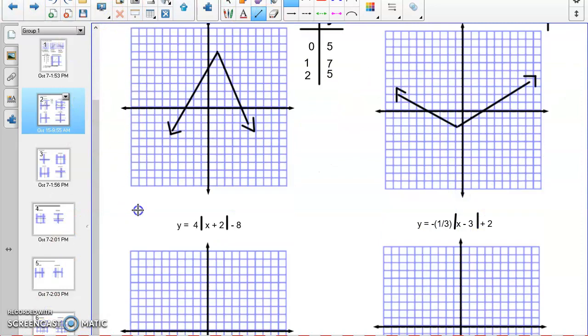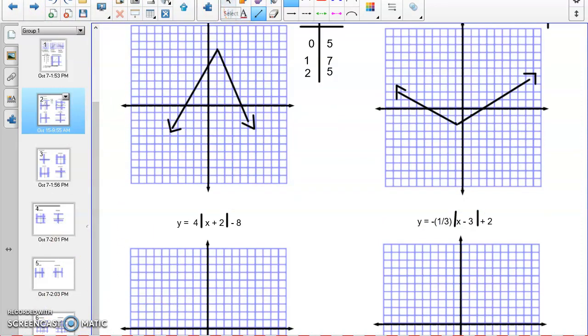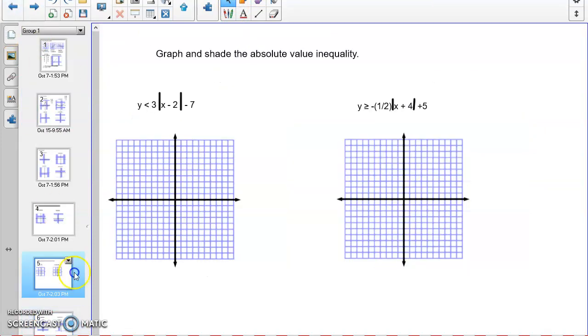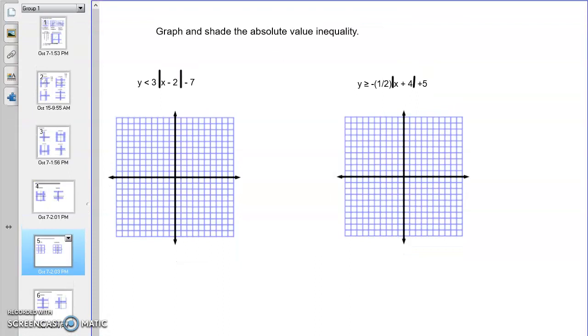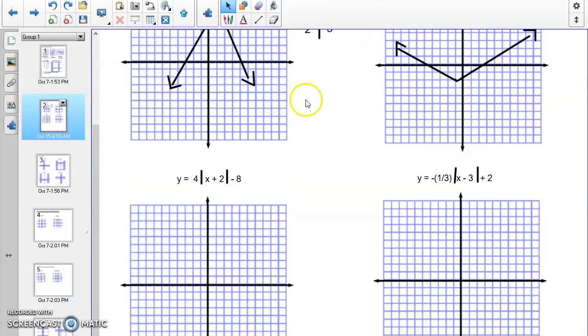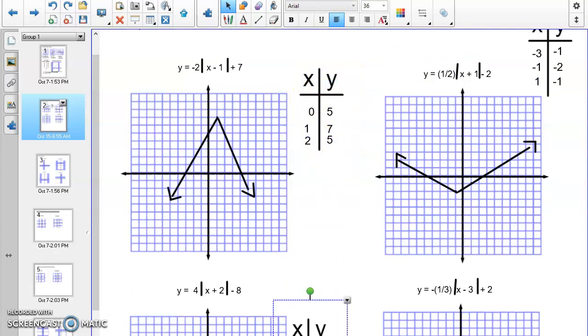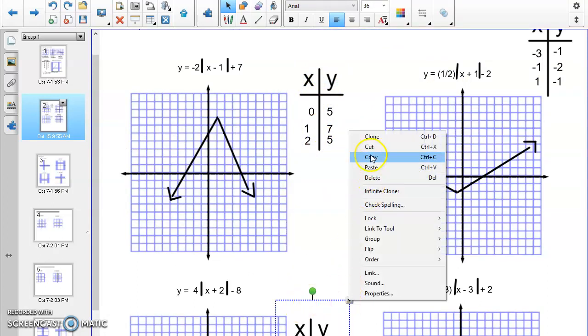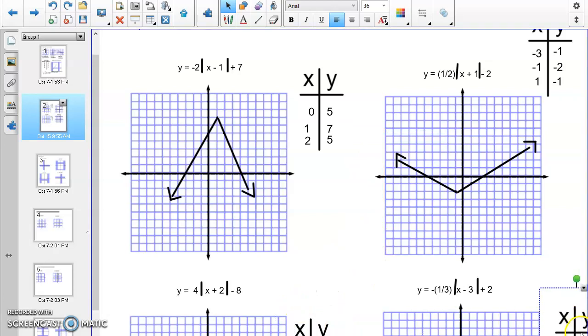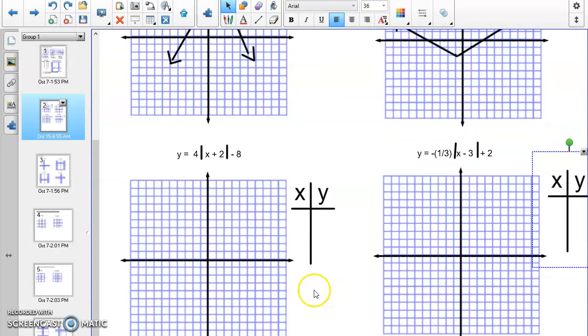Okay. The next one here, and oops. Okay, sorry about that. So now for the next two, I'm going to clone, bring this down here, clone, and bring this over here. We're going to bring our graph here. Here we go. Okay, so here, once again, my vertex, negative 2,